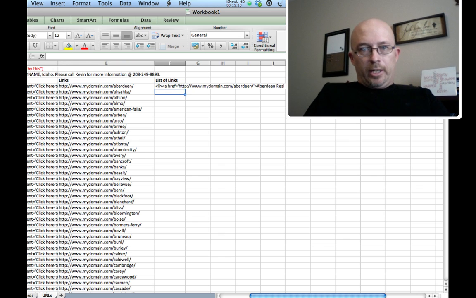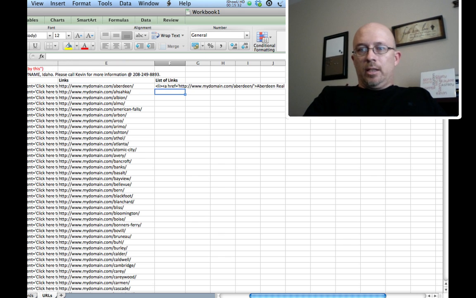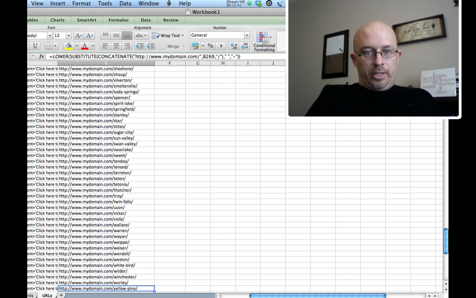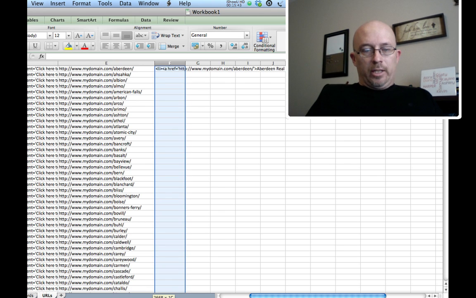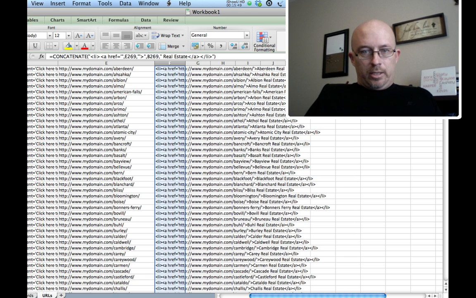Now you can see that I've got a list element with an anchor text of Aberdeen real estate pointing to the page that's mydomain.com/Aberdeen. And all this is now, I'm going to jump down to the end of my list and then hold down the shift key so I select everything going up to it, and then do command D to fill down, and then command copy,